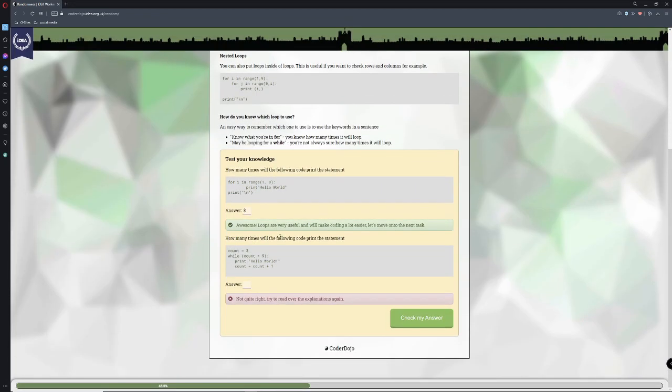Yep. How many times would the following code print the statement? So count equals 3, while count is less than 9. So count has got to be less than 9 before this while loop will run. In which case it already is, because remember we've got count is equal to 3. So this will run, and then it's going to tell count to continue counting.